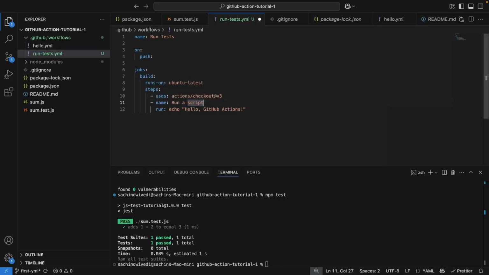Now this I'll again rename to run test, and over here what we need to do is run those two commands that we ran locally. Since these are two commands instead of one, I'll first add a pipe, then hit enter and tab, then npm install, and after that on the next line I'll put npm test. This will do the same thing, and it should run the only test that we have. So let's save this, and